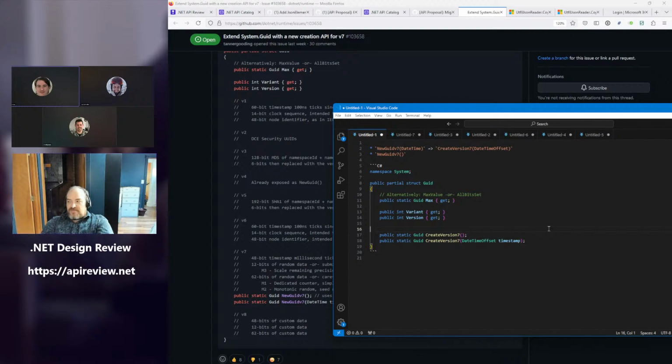And the more standard pattern across the whole of the BCL has been to use create as the name for APIs when you can't use a constructor. So the create random was there to make it very clear: here's creation of a GUID, here it is creating it using random data. You don't have to potentially be confused. Well, I thought new GUID was going to create an empty GUID, because that's what new GUID spelled out would do in every single language. It removes all of the confusion and fixes kind of the wart that's already there,